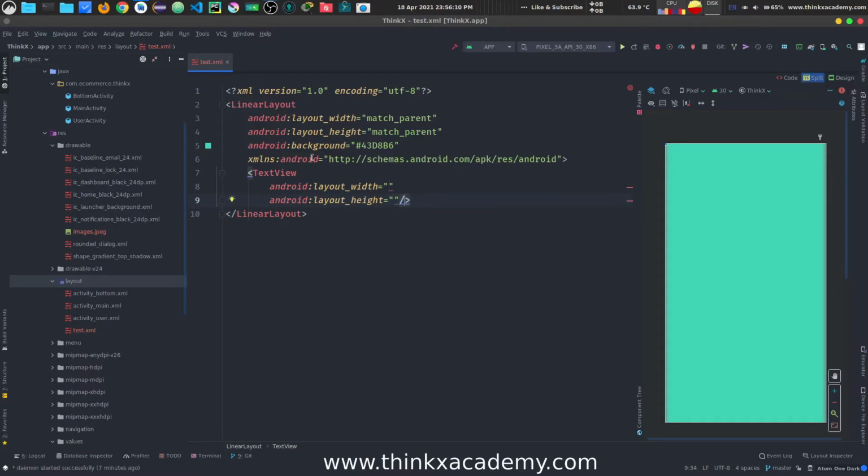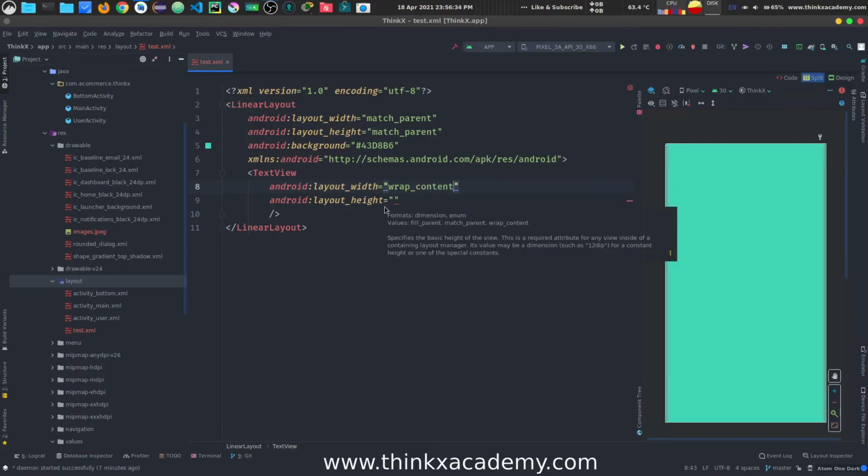So in linear layout, we do not have a closing tag here because these are the views that we are going to insert inside this layout. So this one is the closing tag. Now here we have to specify the width and height, right? So it's a text view, so what I want to do is wrap the content. I want to make sure that this view has a width which will wrap the content, right? So we will see what exactly this will do. So here also I will do wrap content.